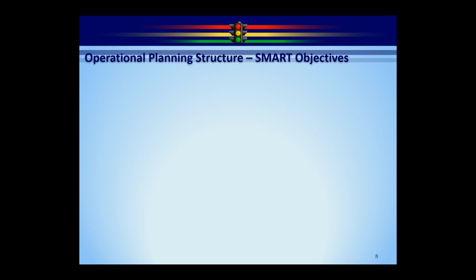I always look at S, M, and T. I don't look at the attainable and realistic because if they're not attainable or realistic, why in the heck would you go after them? So specific, measurable, and time-based. So think about that as you're looking at these objectives. So our first one,